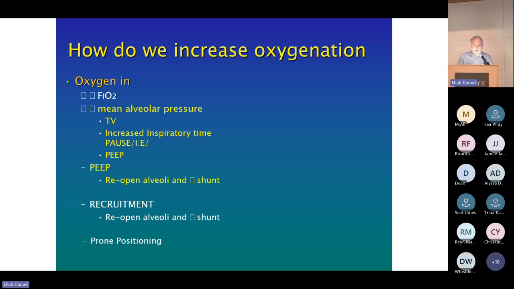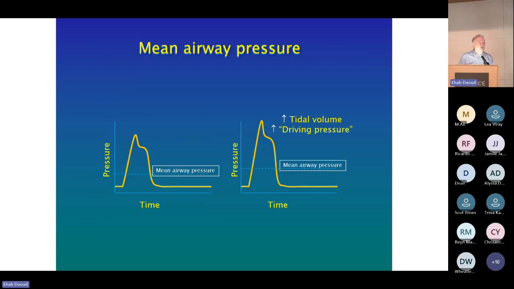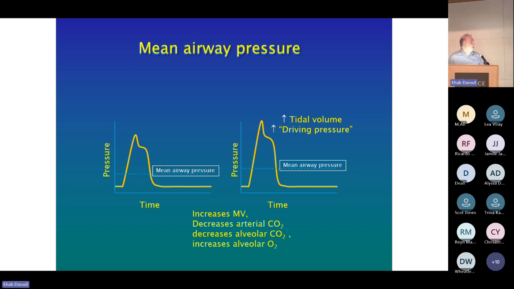Increasing tidal volume increases minute ventilation, decreases the arterial CO2, decreases the alveolar CO2, and therefore increases the alveolar oxygen. So on its own, raising the tidal volume will improve oxygenation. It does this also by stretching the alveoli. Increasing the mean airway pressure can also be achieved by increasing the expiratory time, pause time, and this allows redistribution of gas to those slow filling alveoli. We'll talk a little about each of those. We can also raise